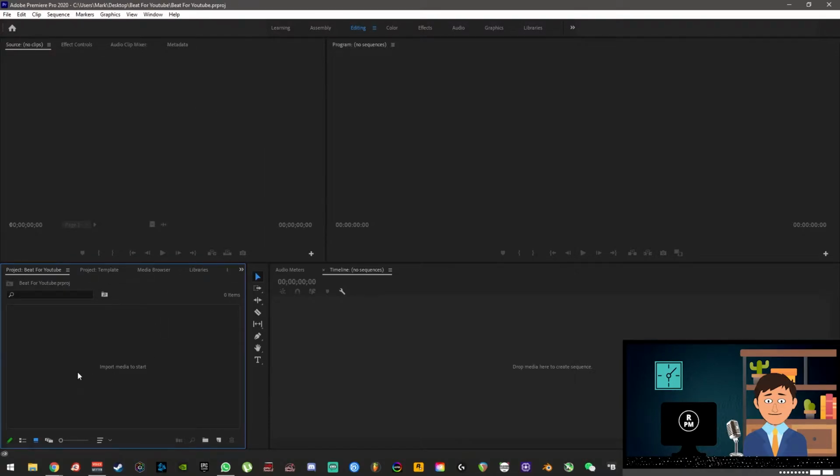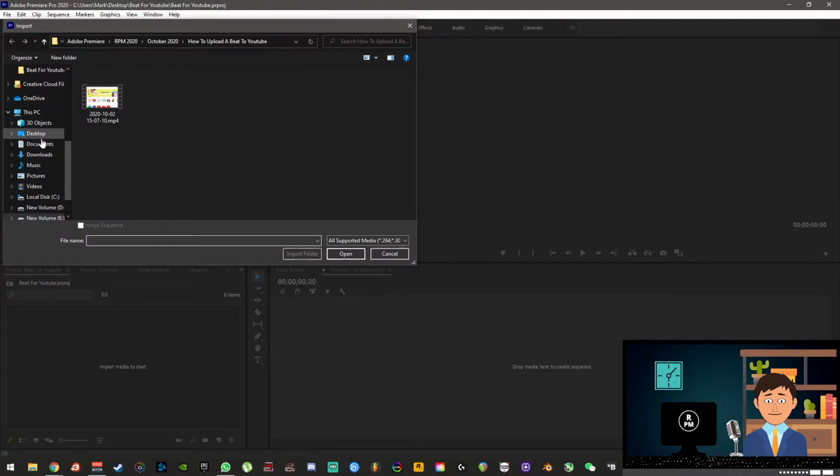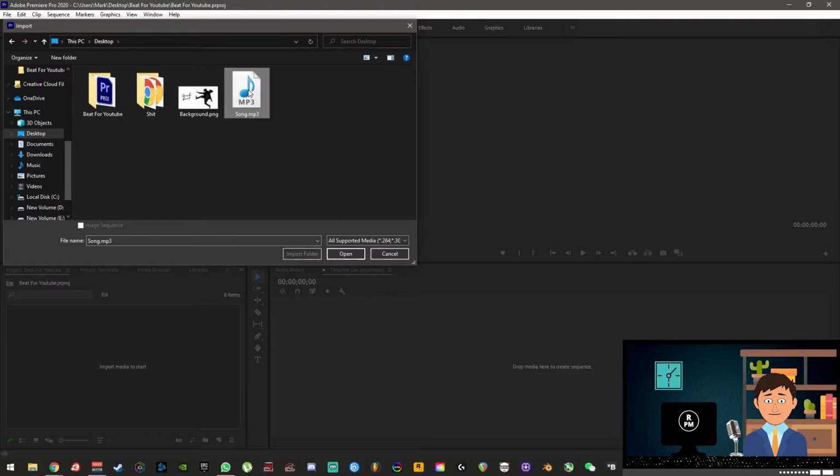Now that that's saved, we are inside of the project, and in this window here I can double click to import my media, or I can hit Control I. You can also click File and go down to Import, but right now I'm just going to double click and navigate to the desktop, and now I have my beat here, which we rendered earlier on, and the background image we just created on Canva. So I'm going to highlight both of them and click Open,